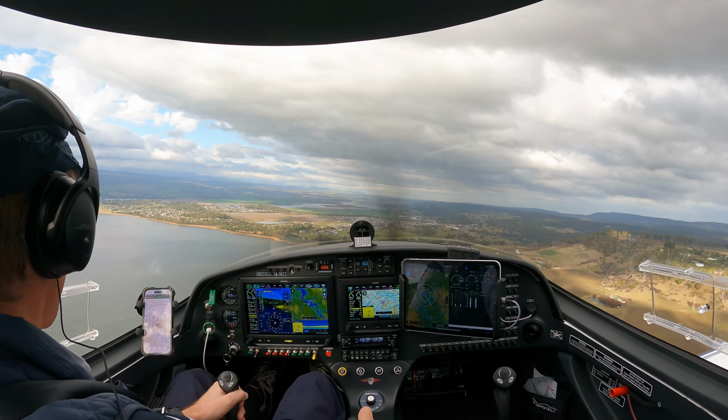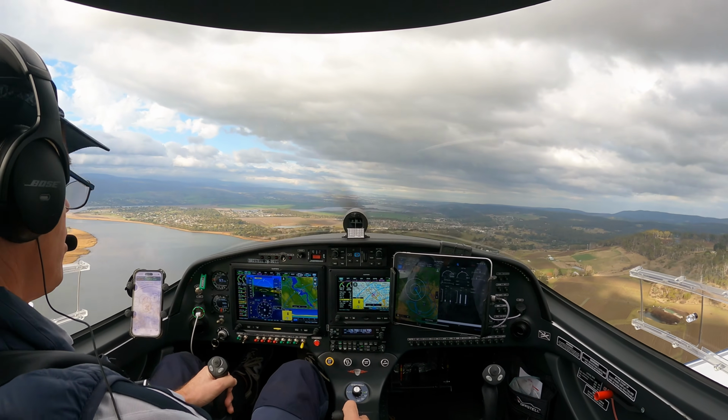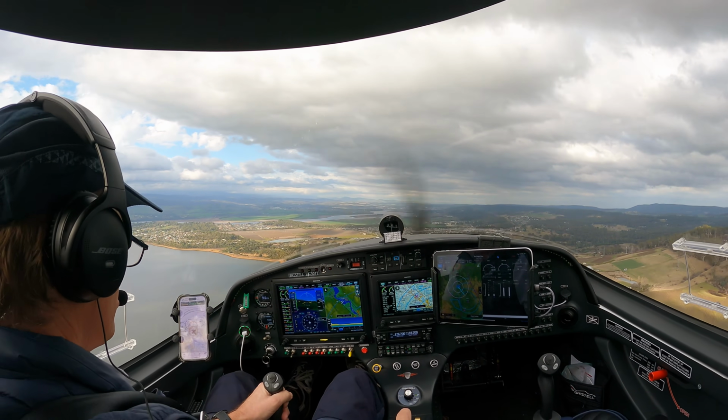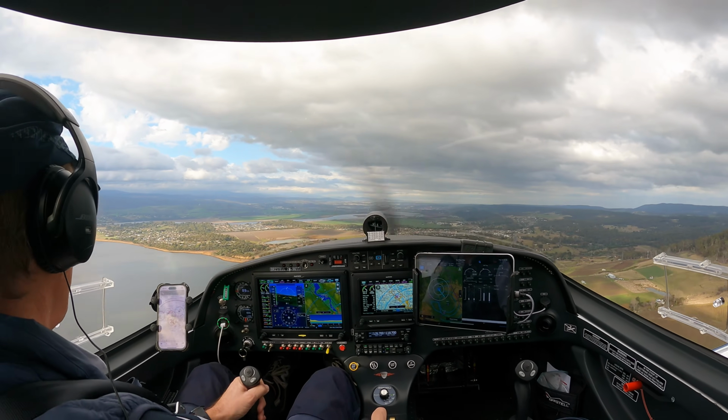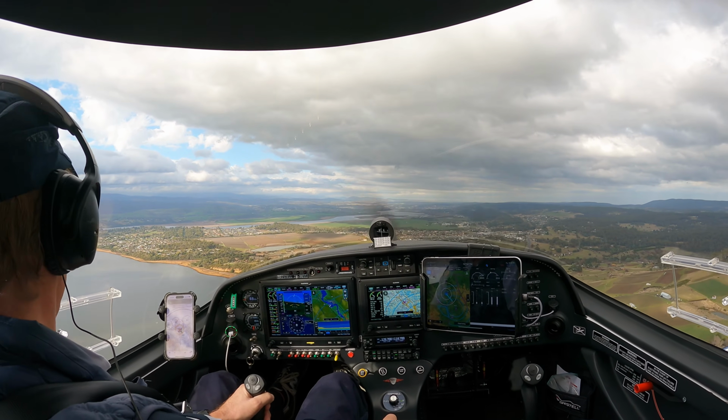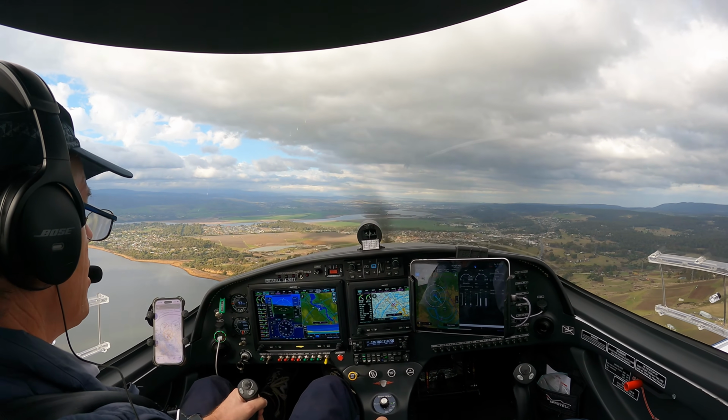Caution, terrain. Pull the throttle back. EGTs go high when the throttle and manifold pressure come back, obviously not as much fuel going into the engine. Left base 34, full stop. And the EGTs go higher. So here's a